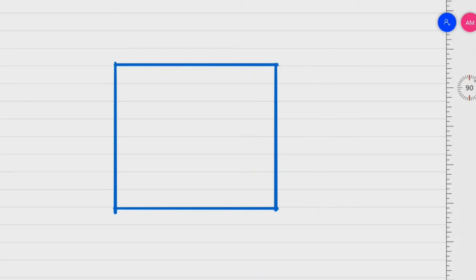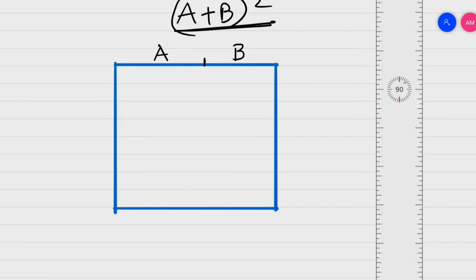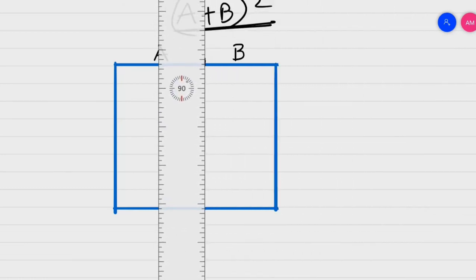Now see, what is this, children? This we have taken as a square, and let us say that it is equal to (A + B) whole square. Let us take this as (A + B) whole square. Now, since this is (A + B) whole square, let us say that this much part is our A and this much part is our B. So from this part, let us draw a straight line to identify A and B separately.